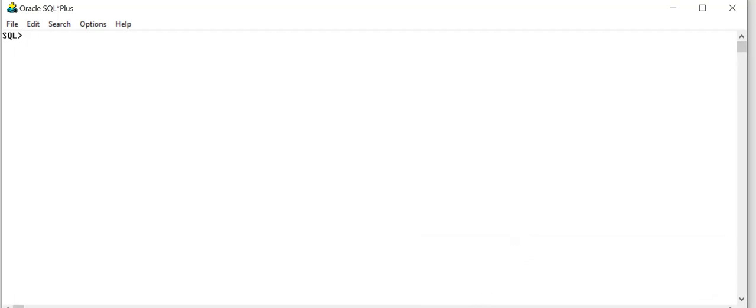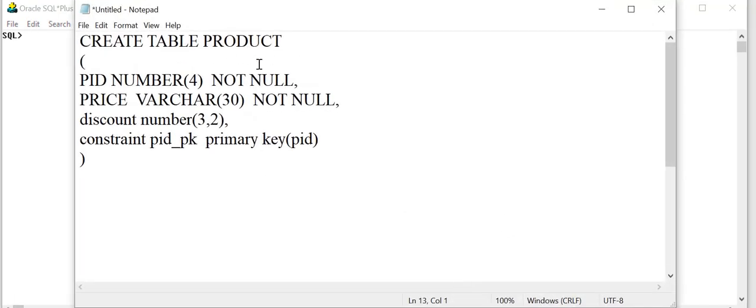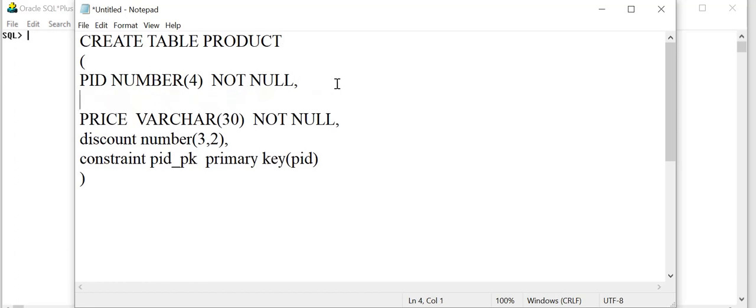So let us try once again. The mistake was that we had not given a space previously. Please give a space in between not null. Then we will add one more column, that is product name, pname, comma, varchar of 30,